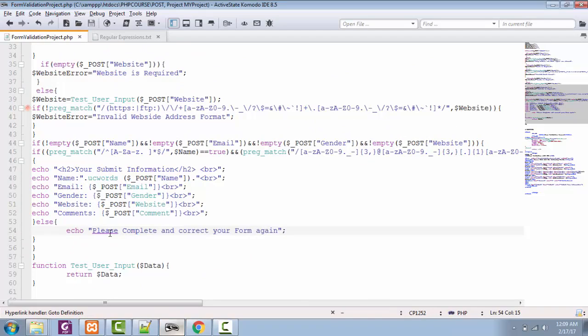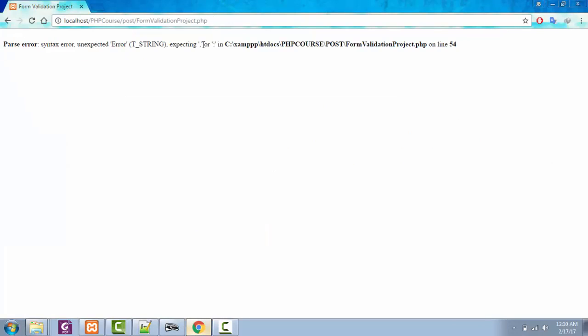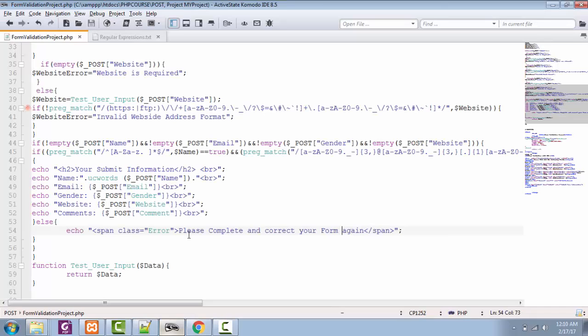So for applying, I need to add a span with class of error here. Saving this one out, refreshing the page. Now we are getting an error. Why? Because I told you that you should be careful while adding double quotation inside your echo double quotation.